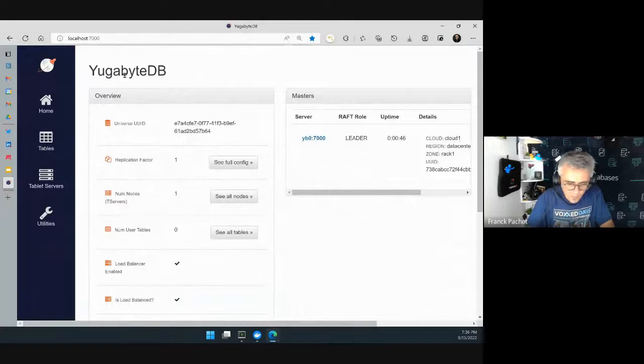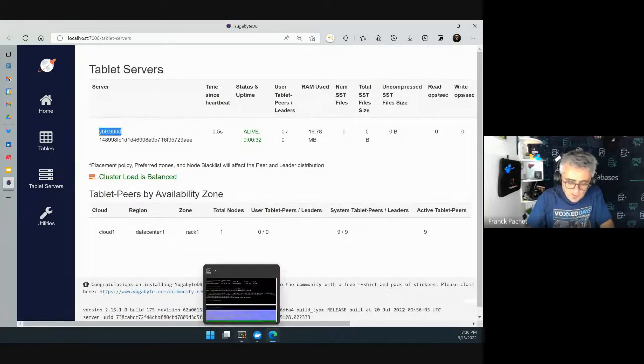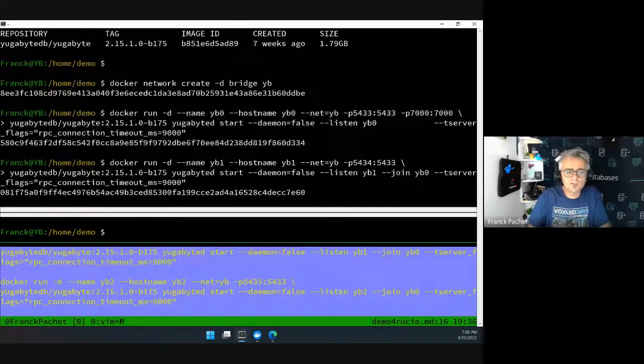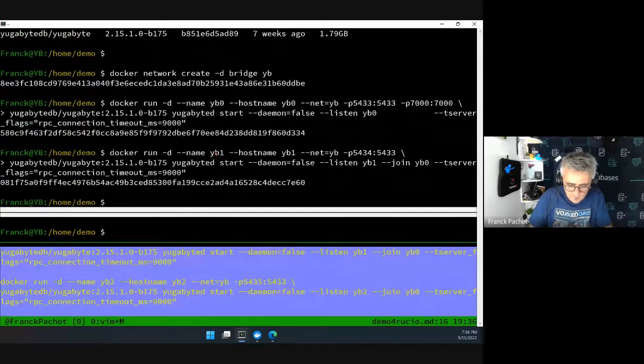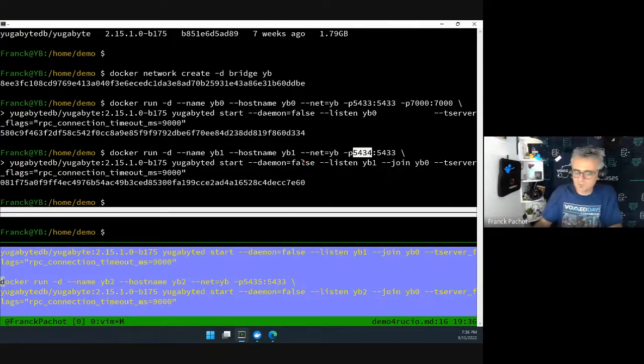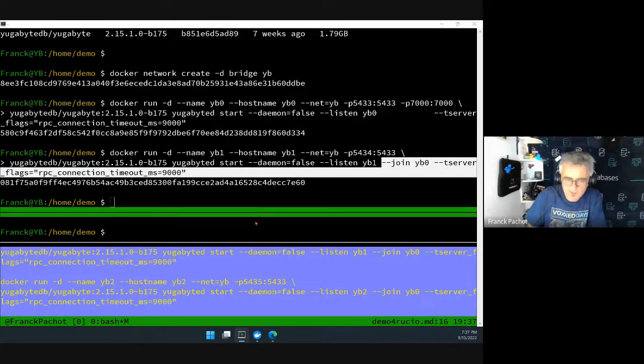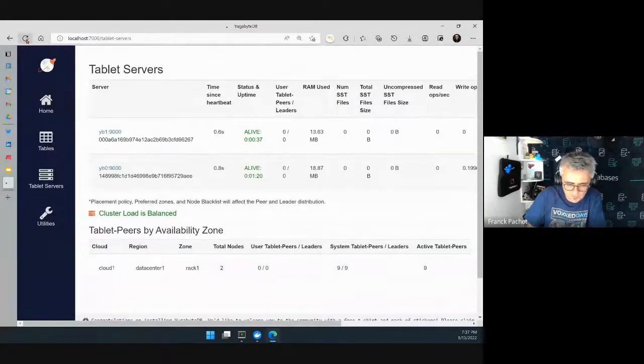So yeah, it's already there. Here I just see that I have one server, YB0. And I will start 2 others with a very similar command line. The only difference is, of course, the name, YB1 for this one. I use another port to connect to this one, because this is a distributed database, which means that we can connect to any node, and there is a Postgres endpoint on any node, and we see that as a whole database. But the big difference with the second command is that I join the first one, so that this forms a cluster. And then if I come back to the GUI of the first one and I refresh, I see the second server there and alive, and I will start a third one,